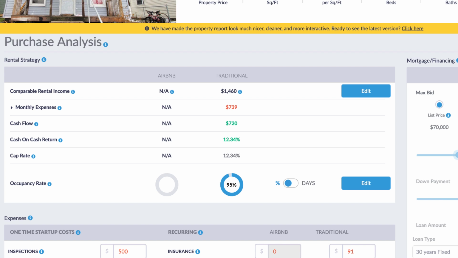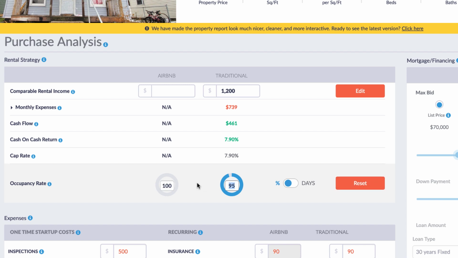So let's say we're looking at this one and it's like, no, I'm pretty sure it's not going to make that much on a monthly basis for rent. All you'd have to do is edit that up. Let's say, I don't know, $1,200, and then it's going to change all these numbers. Then the occupancy rate, this is telling us that there's an occupancy rate of 95%. I actually know that to be pretty accurate in Grand Rapids right now, but again, if we wanted to change that up, we could do that too.